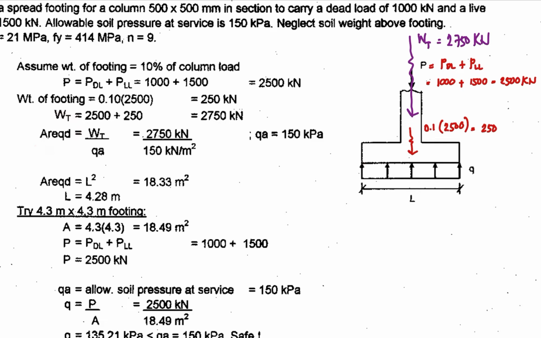Okay, so next is to compute the area required of your footing. To compute for that, you have the formula WT divided by the allowable soil pressure, or the soil bearing capacity. Sometimes this is called the soil bearing capacity. So therefore you have this formula, WT, the total weight the footing carries, divided by the soil bearing capacity. So you have 2750 divided by the allowable soil pressure, which is 150. So you have your area equivalent to 18.33,